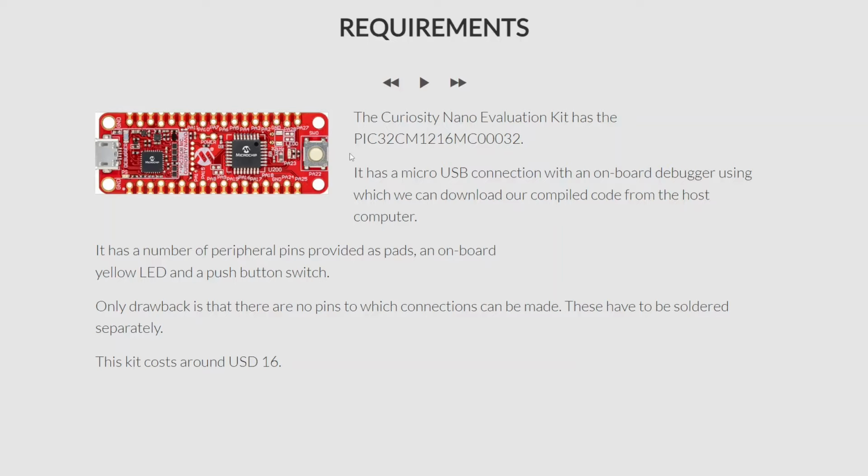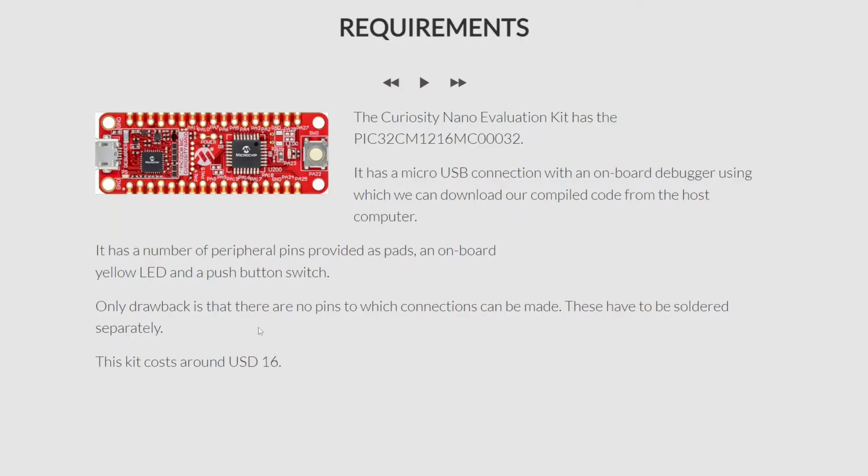Again, we won't be going into that much detail because, as I said, in this course we'll be focusing on power electronics applications only. So now the cost of this kit is around $16,